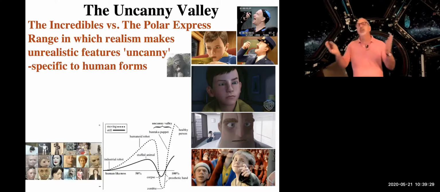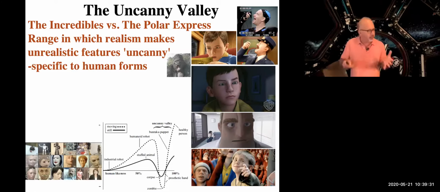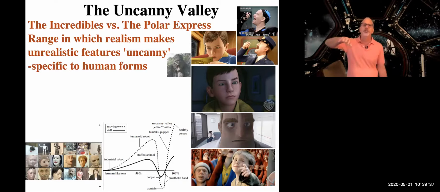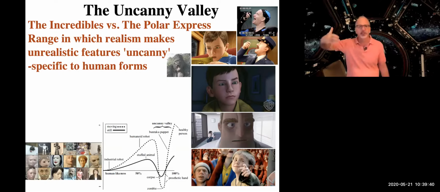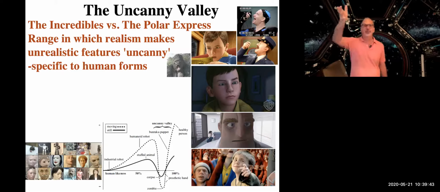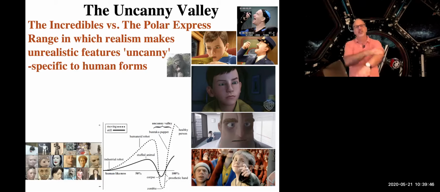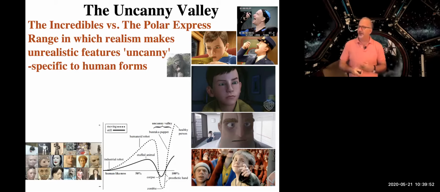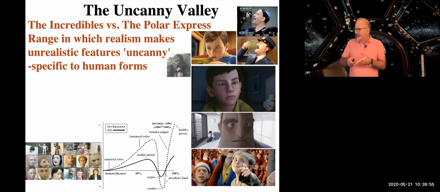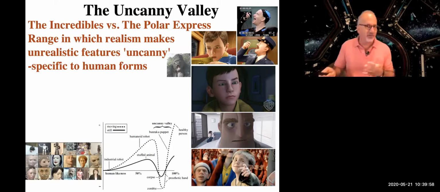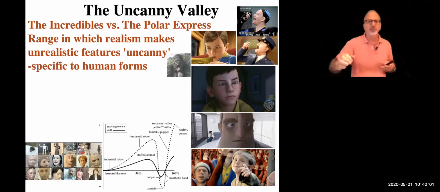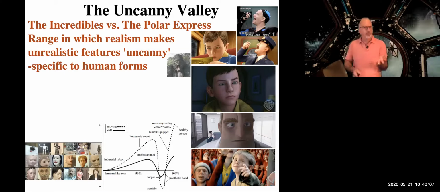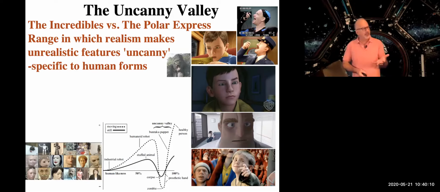But the other thing that's interesting about the Uncanny Valley is it seems to be more specific to human forms. So let's go back to the examples of movies. I think these are really great examples. The Uncanny Valley seems to be more apparent when we look at humans that are being rendered as accurately as possible than things like gorillas and other animals, dogs and other things that are being portrayed as realistic. We notice these distortions in human forms and faces much more so than we notice them in animals. So I just watched this movie. It's a really pretty good movie. This is the King Kong that came out not too long ago.